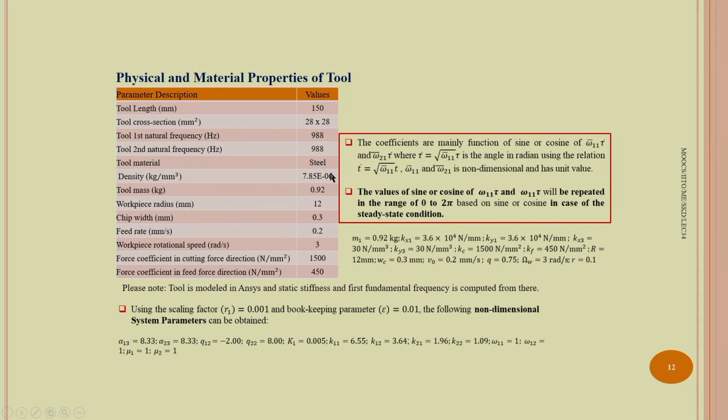So, the tool material is taken as steel. The density is taken to be 7.85 × 10^-6 kg per mm cube. The tool mass we have taken is only 0.92 kg, and the workpiece radius is 12 mm. The chip width is 0.3, the feed rate is taken to be 0.2, and the workpiece rotational speed is 3 radian per